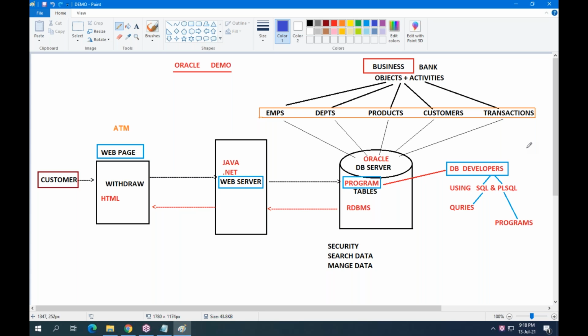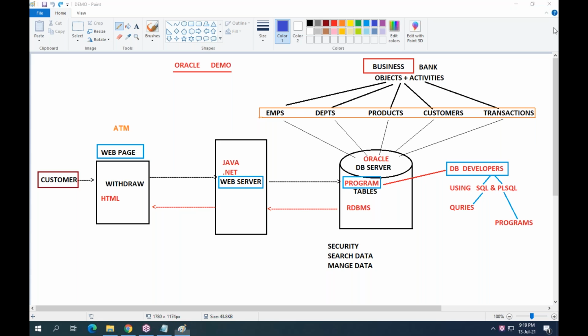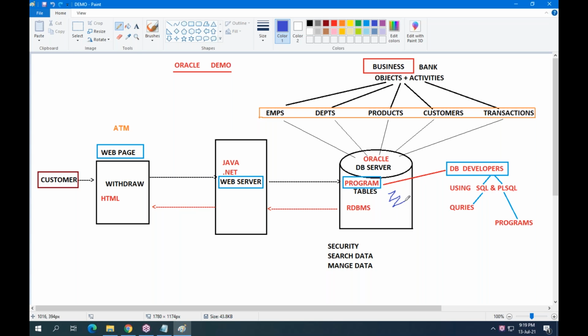Then how many departments are there? How many projects are they handling? How many customers throughout the world? The information related to all these people and all these objects is saved at one place, that is called the database server.